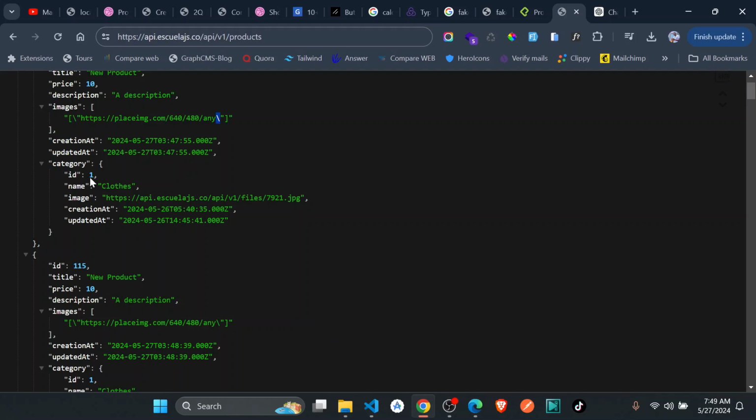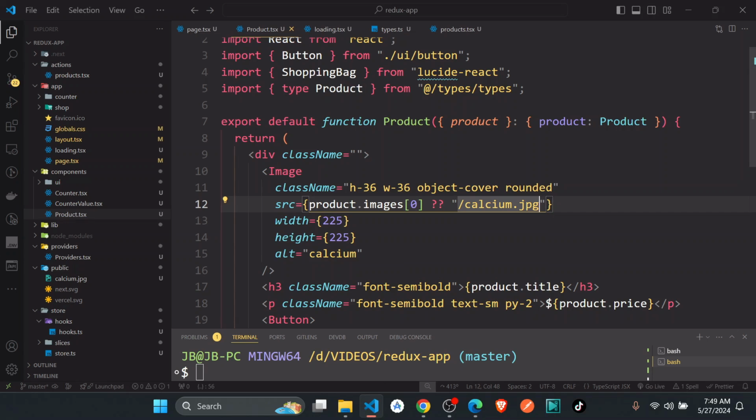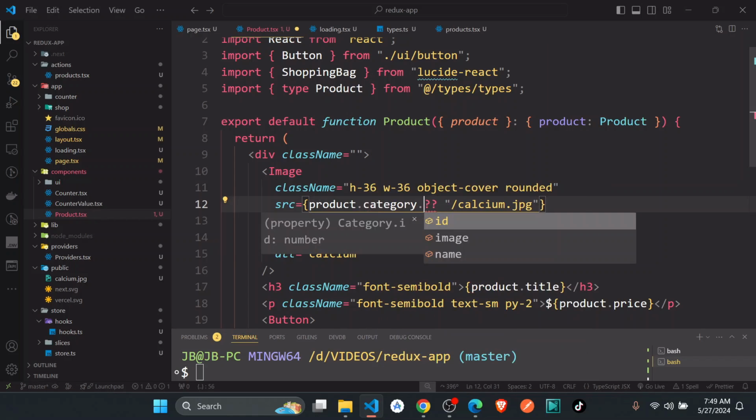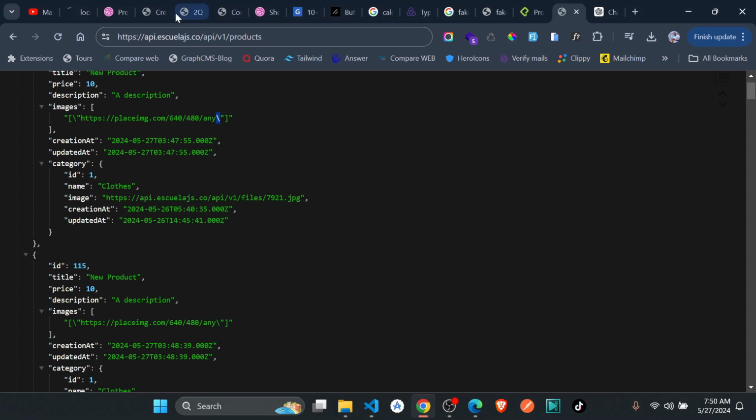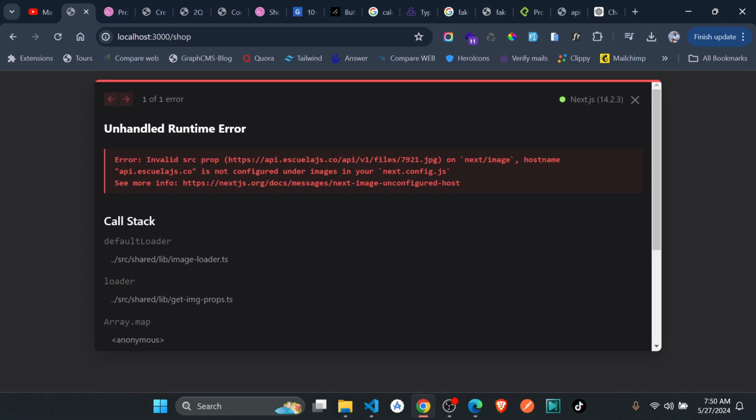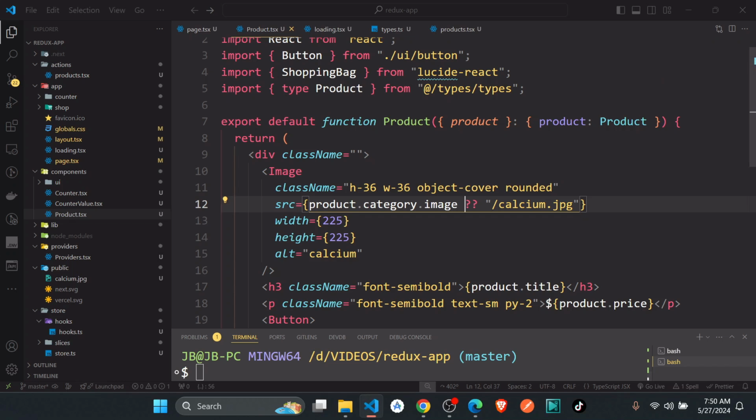So I'm just going to say dot category dot image. Here, I'm just going to use the category image: product dot category dot image. I think that one should be much better. Okay, so just add this in the,